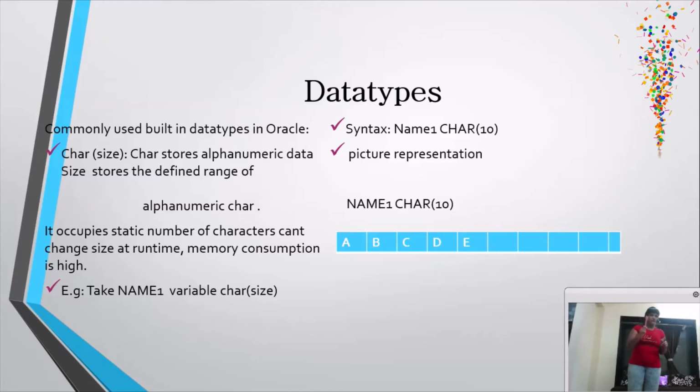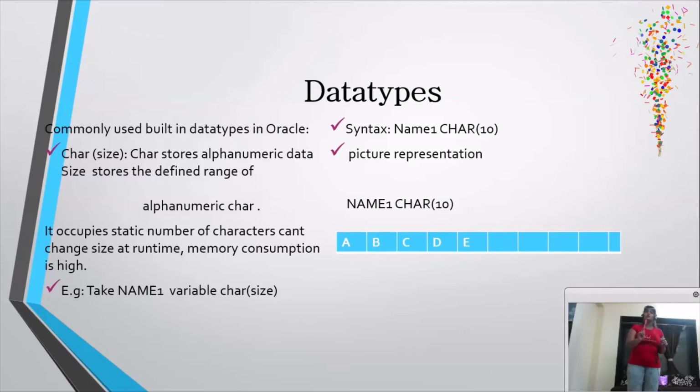There is the variable name, char size 10. Here we have memory in our Oracle databases, and this is how it will be stored: A, B, C, D, E and the other 5 remain unoccupied. This is static.